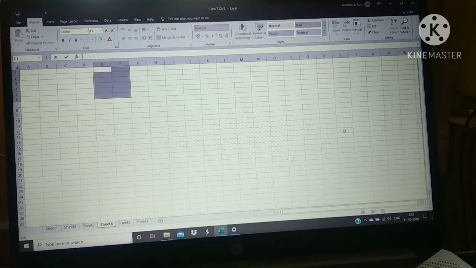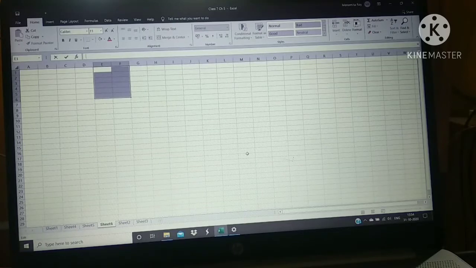The blank sheet, where we can write and edit the data according to our requirement, is called a worksheet. So I can say this is the worksheet. It is also called a spreadsheet, and the collection of the worksheets together is called the workbook. That means, look at the bottom of the window. Here I have taken almost 6 sheets, right? So the collection of these worksheets is called the workbook.